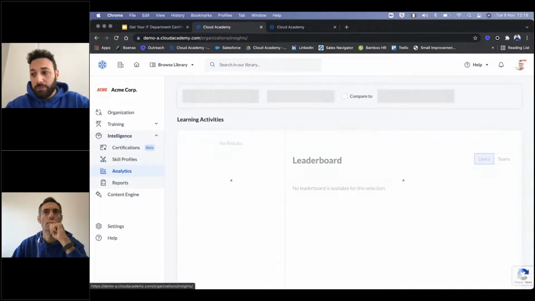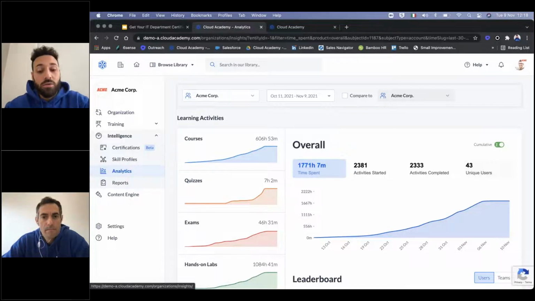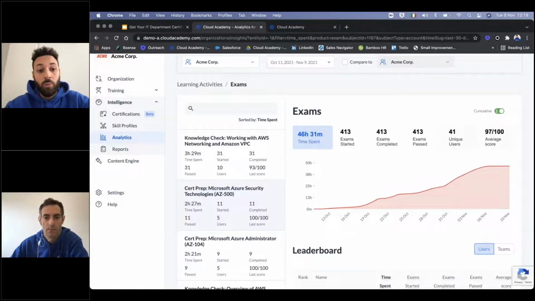The analytics part can also give you visibility about the consumption. So you can see how much time your end users spend on Cloud Academy, how many activities they started, how many activities they completed, and for sure, thinking about the certification, I can take a look at the results of the final exam of the certification path.